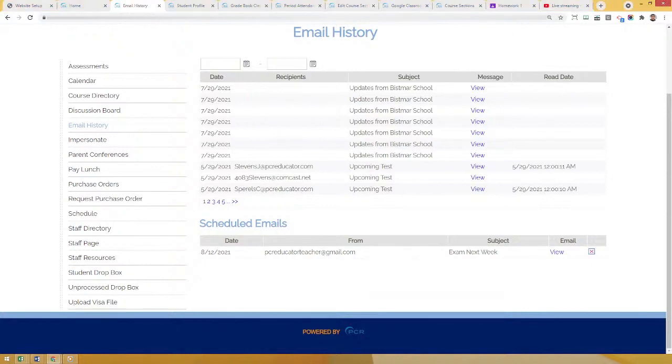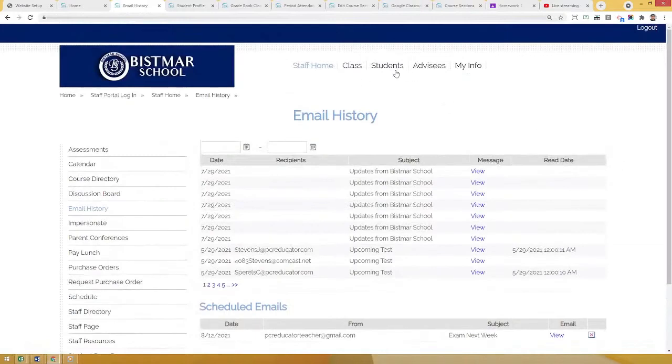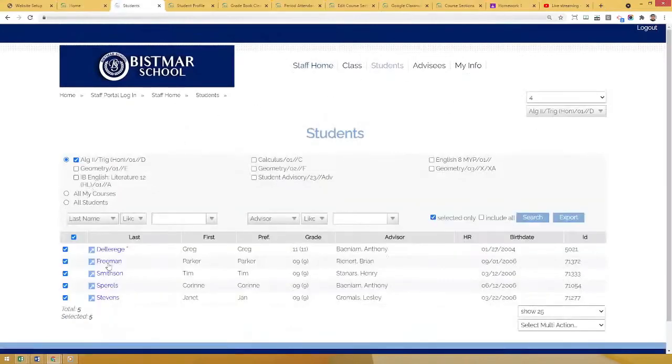The last thing I'll show you quickly is how to release students to the nurse's office. Teachers can release students to the nurse's office directly through the teacher portal, which will alert the nurse so that the nurse knows to expect the student in the office. This will help prevent students from going elsewhere, as they will know that the nurse will expect them soon. So if I go to students, and let's say I want to release Greg to the nurse's office, I can click Greg's name,